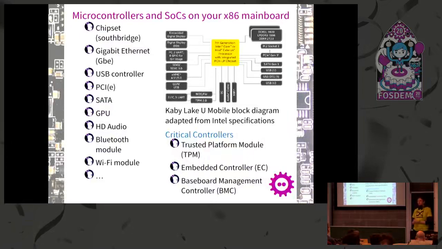There are some components which are actually critical to the entire thing. That starts with what we sometimes know as the South Bridge, or more generally, the chipset, which connects everything nowadays. Intel calls it the platform controller hub now, because that's where all the controllers come together. There are two variants actually, so sometimes you have all the CPU cores also in the very same socket, like in this example here in the picture. Sometimes it's two separate chips. I will come to that later.